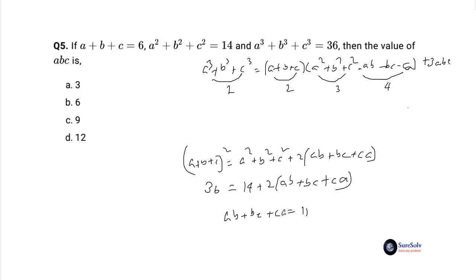Now is the time to substitute all the known values in the long expression. This is 36 equal to 6 multiplied by (14 minus 11) plus 3abc, equal to 18 plus 3abc. It is so easy. From this, abc equal to just 6. So answer is option B,